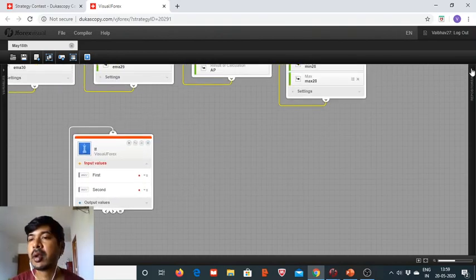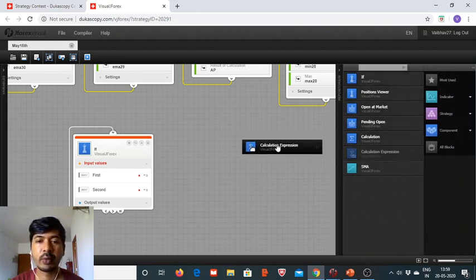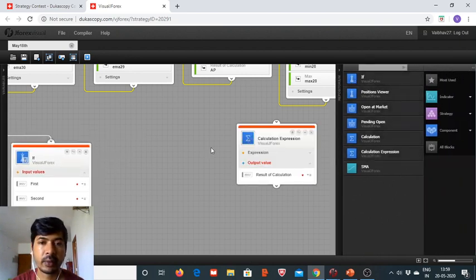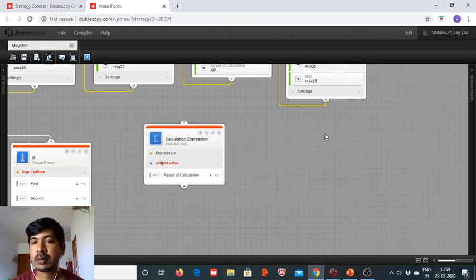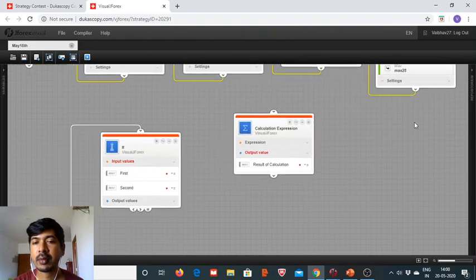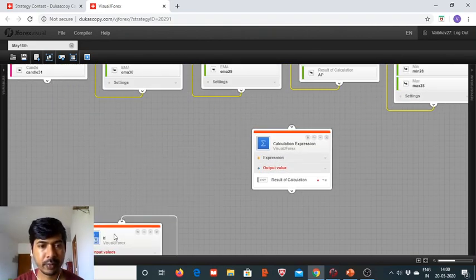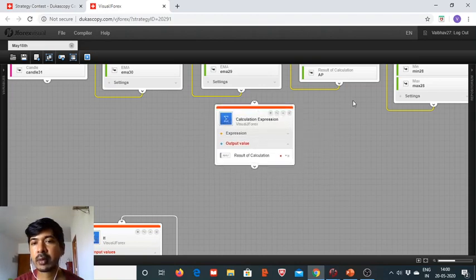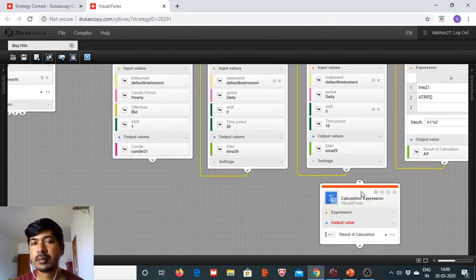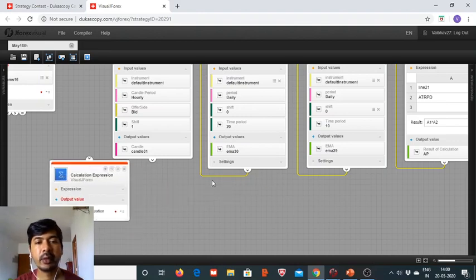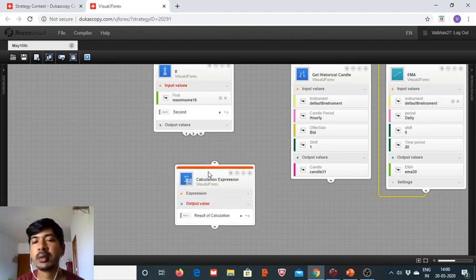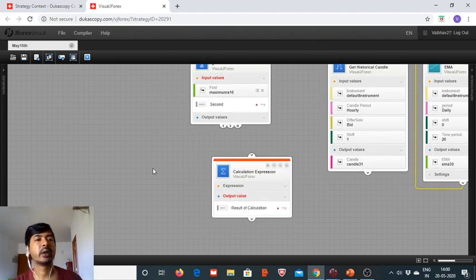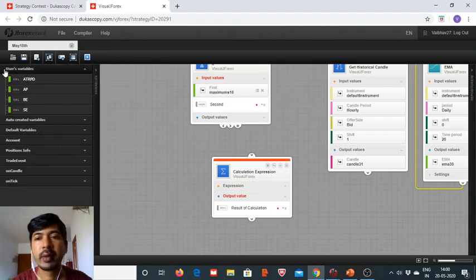So we will need to do the calculation here. We will need to see candle 31's close, which has shift one value, candle 31, that is last hour's candle hourly, needs to be,